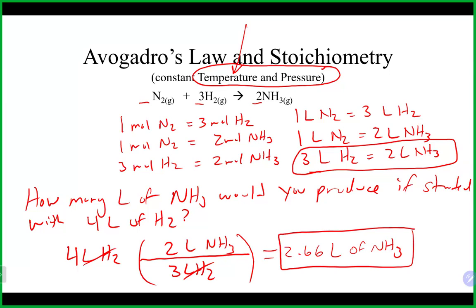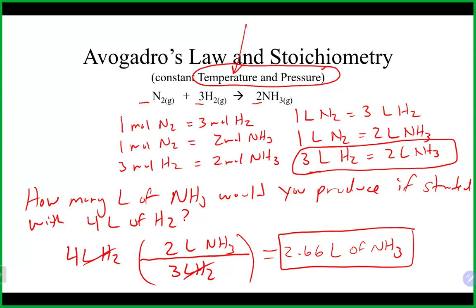One of the things that this would allow you to do, as we will see a little bit more later on in this chapter, is that you would not necessarily have to use a gas law to figure out an answer. You could still use a gas law, but you don't have to in this case because of Avogadro's relationship. But it does need to be under those conditions of constant temperature and pressure for you to do a volume-to-volume relationship rather than a mole-to-mole relationship. Any questions on that there?